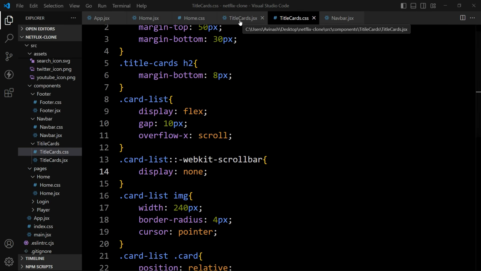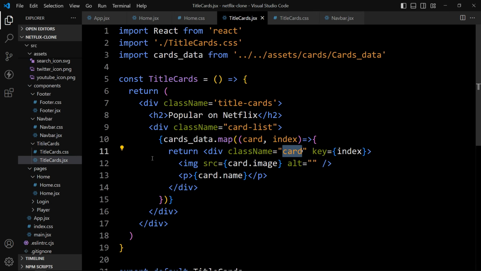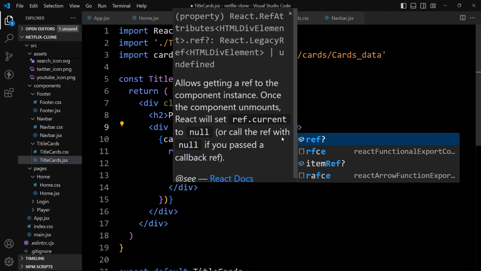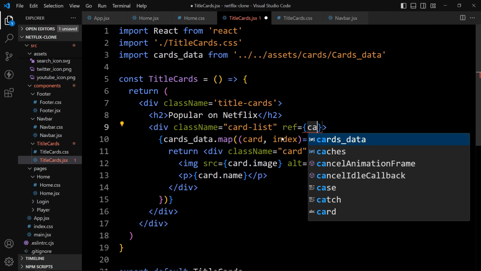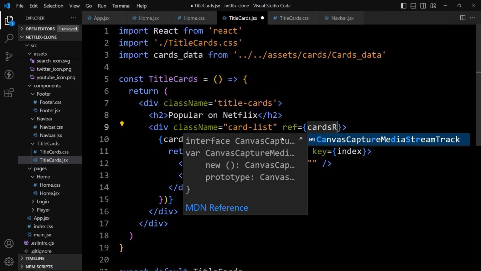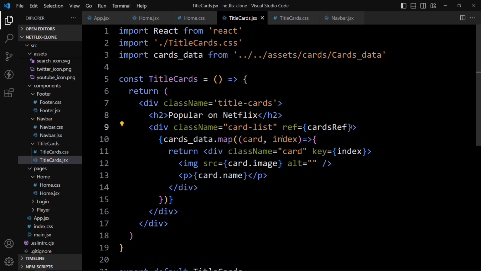So let's come back to the cards.jsx file, and here we have this card list. So in this one we will add ref, and let's add cards ref. Now we have to use the useRef.